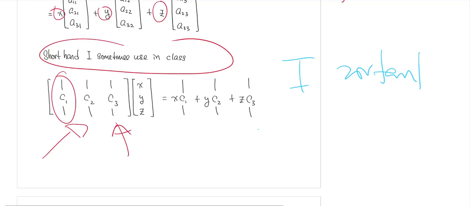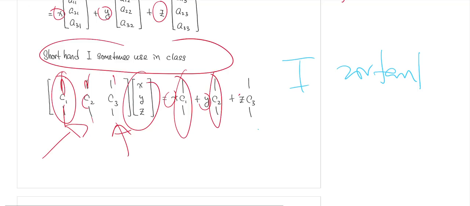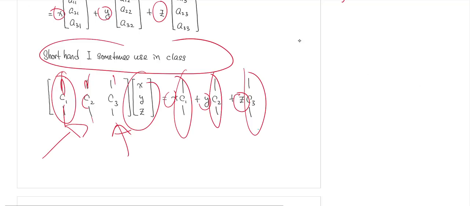So this one means that it's not just a number, C1. These are the column vectors. And if you multiply x, y, z, you have x multiplied with these column vectors, y multiplied with these column vectors, and z multiplied with these column vectors. All right, so this is very important, and you must be able to see